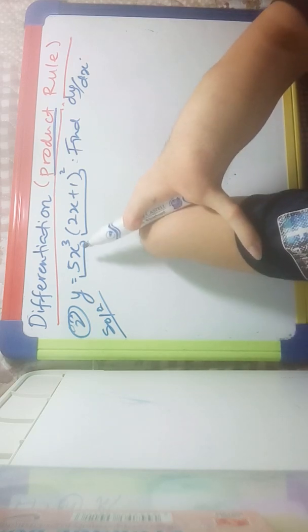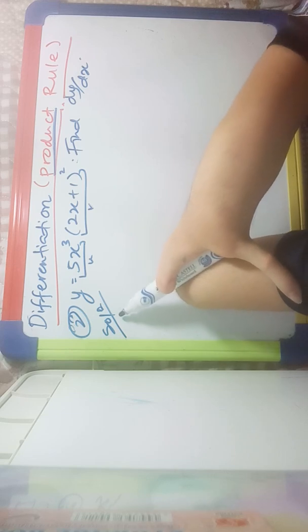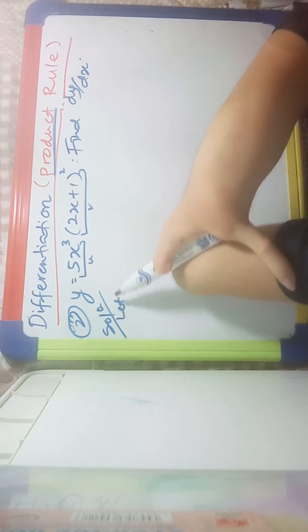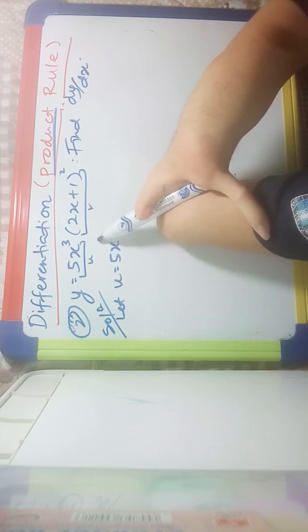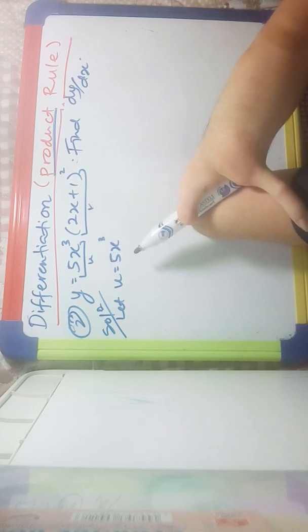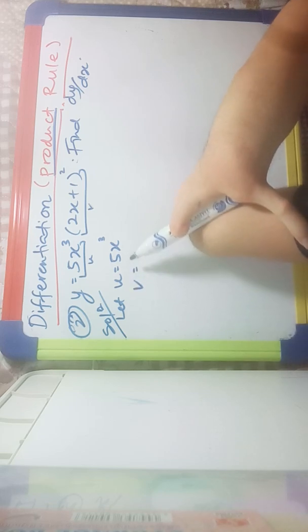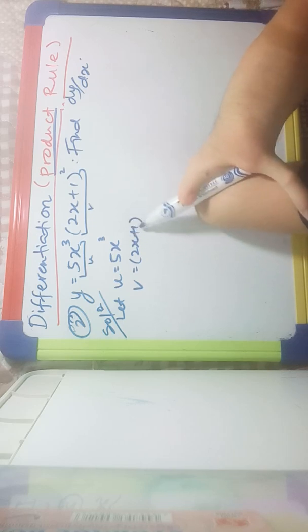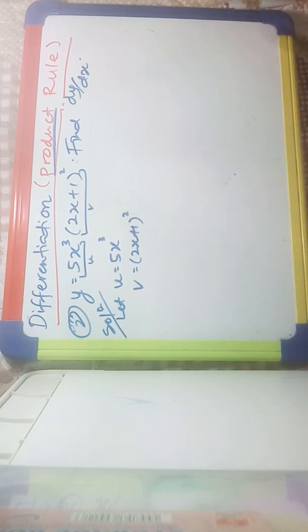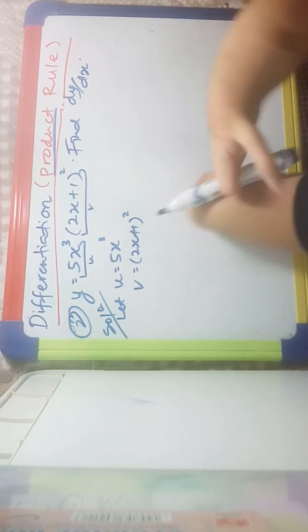Okay, so this is u, this is v. So I will write down over here: let u equal 5x cubed. So this is u. Then what is v? v is equal to, in bracket, (2x plus 1) squared. Okay, before you want to find dy over dx using the product rule, what you can do is